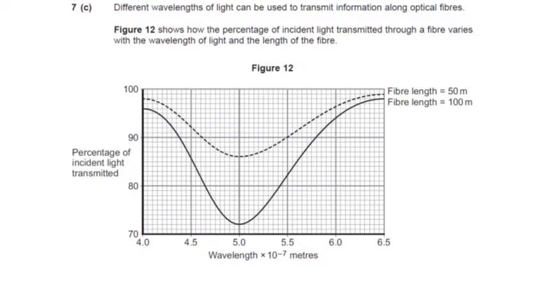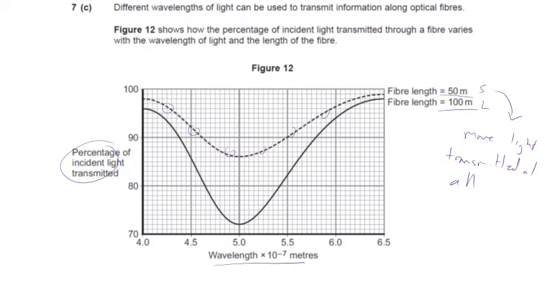Part 7c asks us to analyse a graph which compares the percentage of light transmitted against wavelength of the light transmitted for two different fibres, a shorter fibre and a longer fibre. It's clear from looking at the graph that the shorter fibre transmits more light at all wavelengths. So for the shorter fibre, I can say more light transmitted